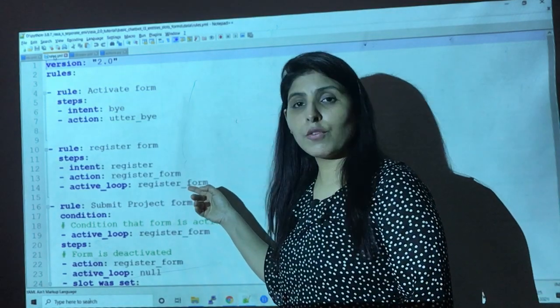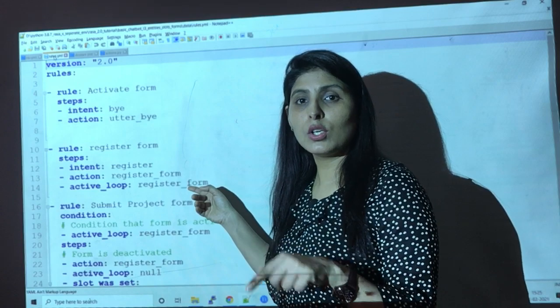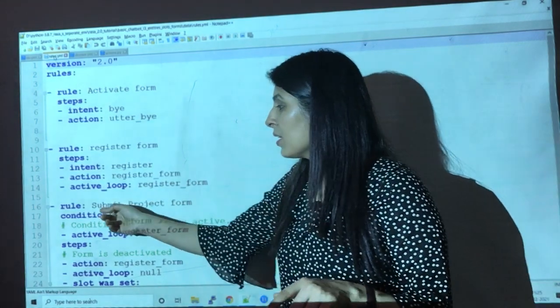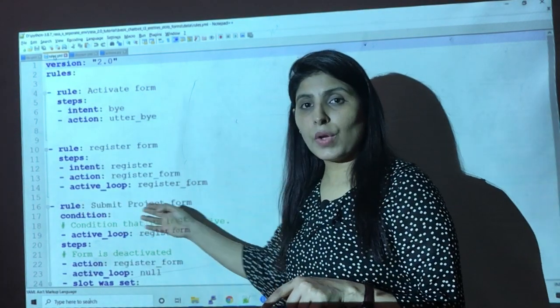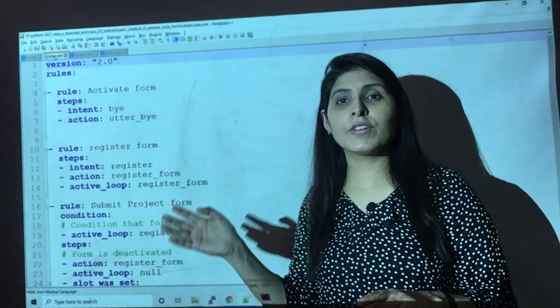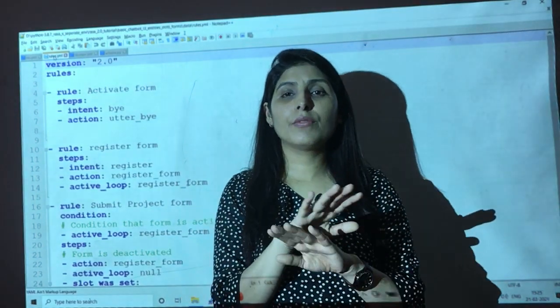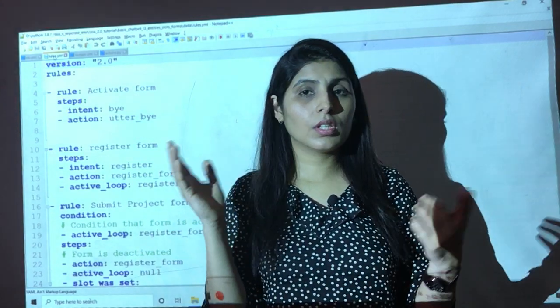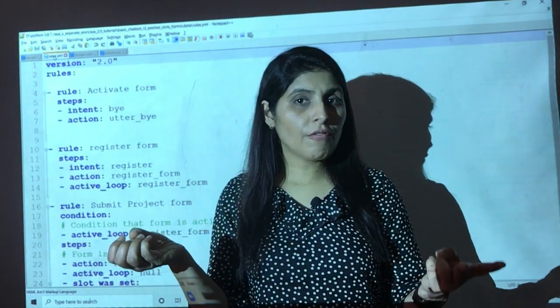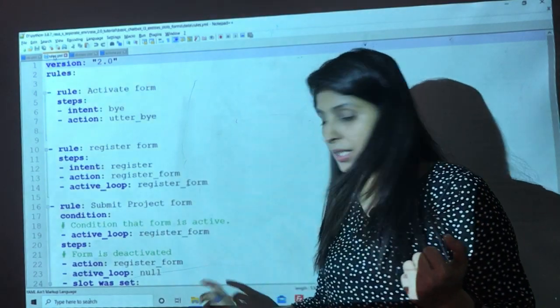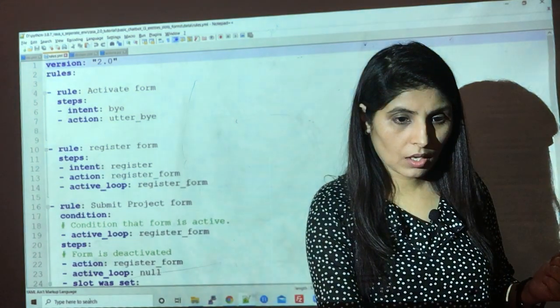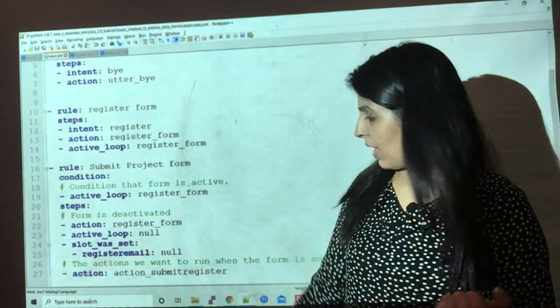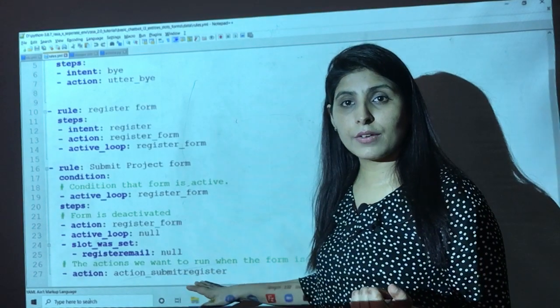After activating, the form will be in a loop. After that, the next rule is for when we want to submit the form. First of all we are deactivating everything, the slot values are null, the form value is null, and then finally we are submitting the form.